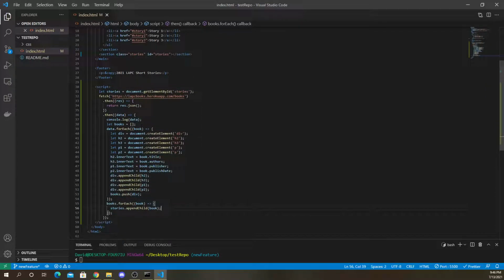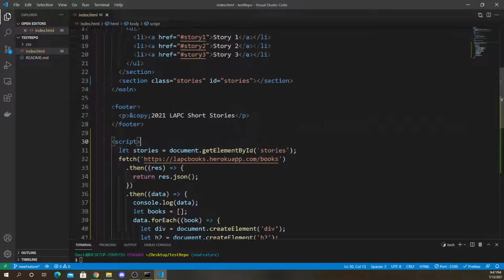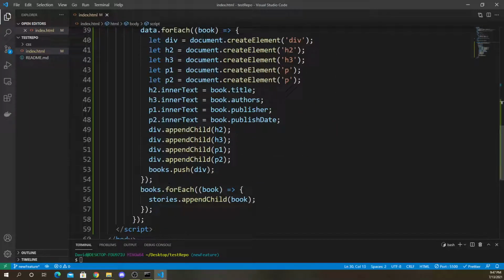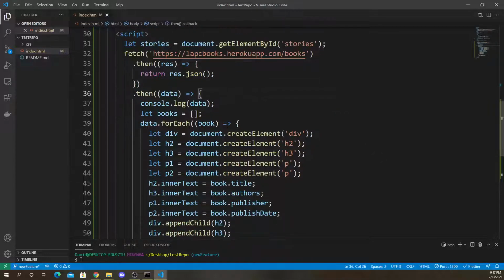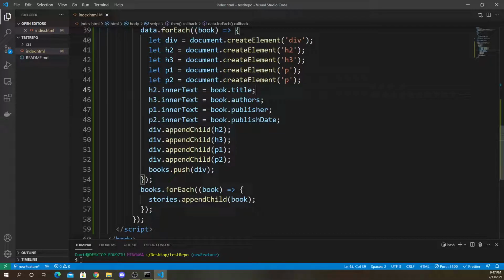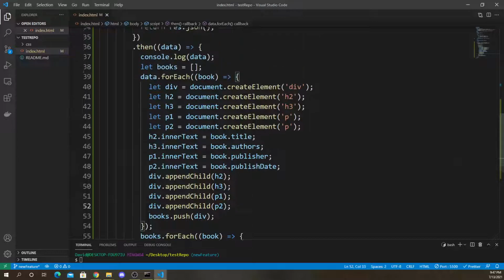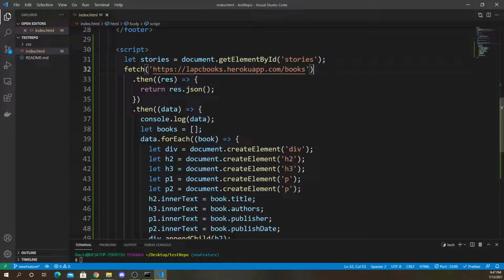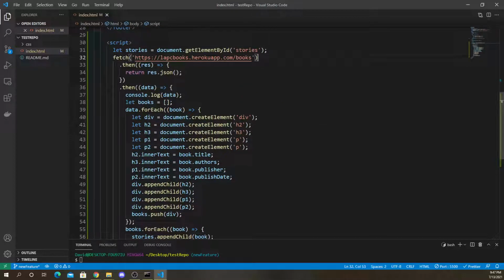Anyway, so this is gonna bring you back to JavaScript class. So you're gonna have to remember a bunch of stuff you might have forgotten for this to all make sense. But all of this has been covered in JavaScript except for the fetch API itself and using the then. Creating the elements, setting the inner text, append child, all that should be familiar to you guys. The only thing is we're doing a fetch now. So again, the fetch, it's not too difficult to figure out and it's not too much code. It's only this much,